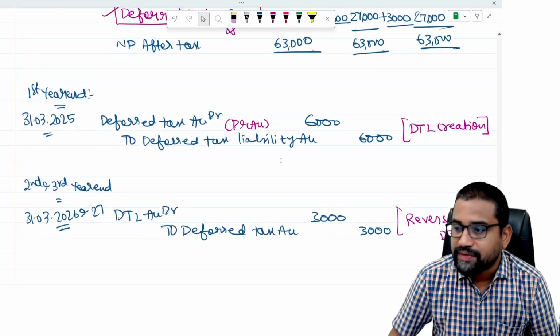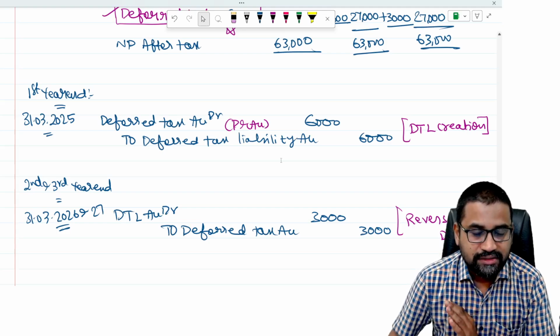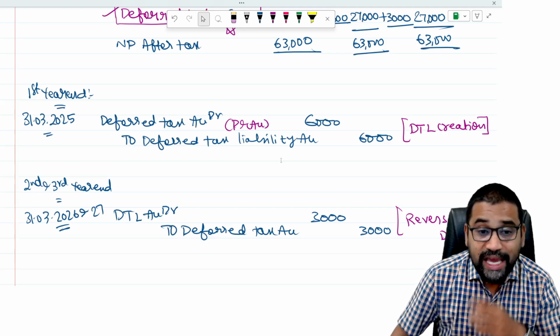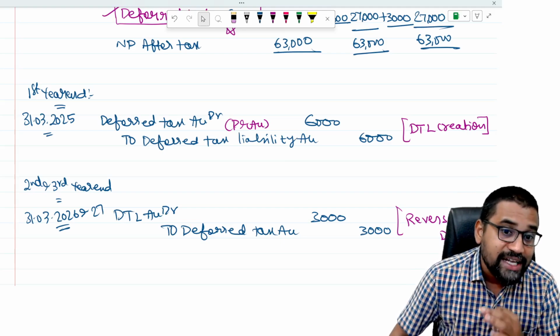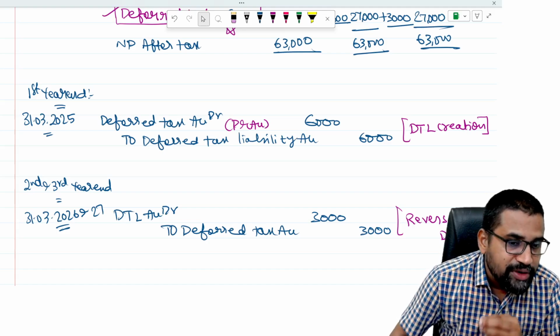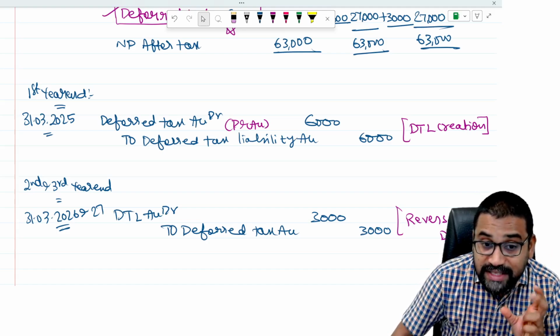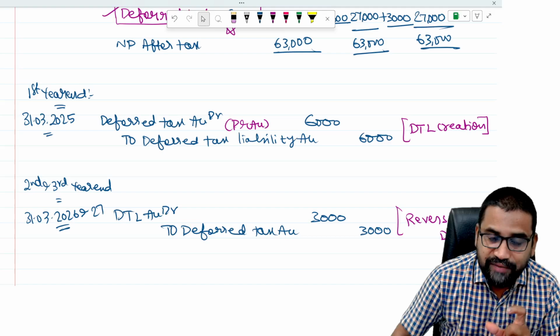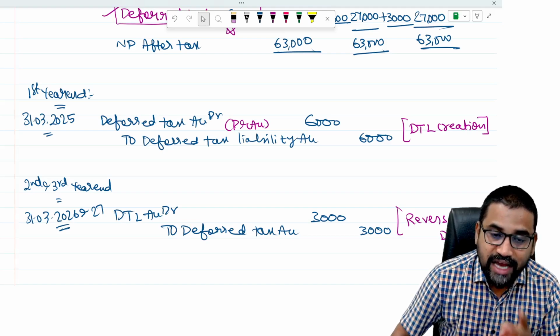And these are the entries we will pass. Deferred tax to deferred tax liability. And you reverse it whenever the timing difference reverses. So like this, every year we need to anticipate what is the difference between accounting income and taxable income. If the difference is permanent, ignore. If the difference is timing, anticipate the tax effect of the timing difference and book this as deferred tax, either liability or